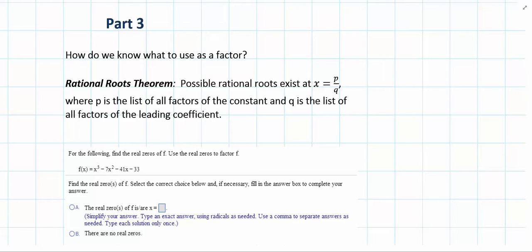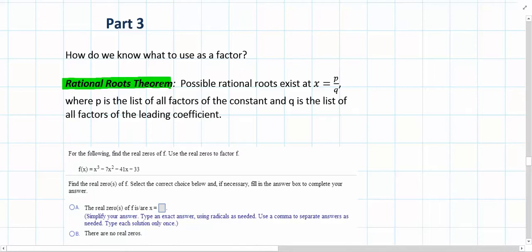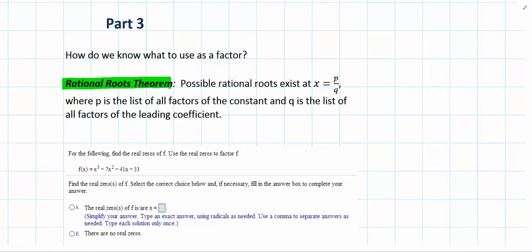A lot of times I'm asked the question, how do we know what to use as a factor, or how do we know that a particular number is going to work as a factor? Where do those numbers come from? And the answer to that is that we often use what's known as the rational roots theorem to find potential roots or possible zeros for a polynomial. It gives us a list of numbers that we can then investigate, with the hopes of finding a root